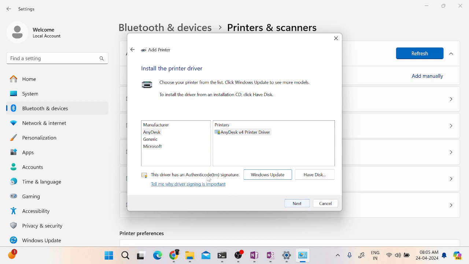Here you see, I don't see anything called HP because my printer is HP. I don't see any printer with the name of HP. Even the manufacturer also I am unable to see. If I click on Microsoft, it is showing me all the Microsoft drivers. If I click on generic, it is showing me all the generic drivers. If I click on AnyDesk, it is showing me all the AnyDesk related printers. Hence, since I'm not able to see the driver of HP, it is showing me an option